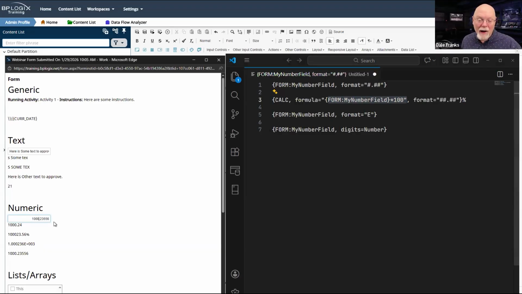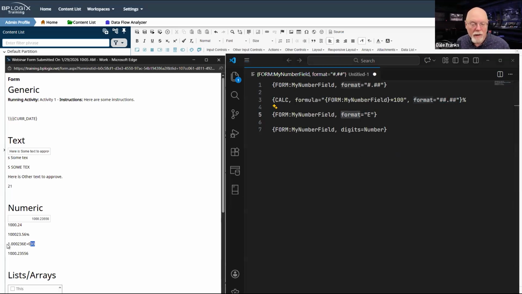But since we're there and I've got all of these extra numbers in there, that extra 1,000, let's take a look at the next system variable, because this one, I'm doing a little different formatter. Now, all of these formatters that I'm using, whether it is the straight up literal numeric format for each digit, and I can put that in as the formatter, or I can use any of the C# formatters that exist for numbers. So in this case, there is a formatter in C# called E, which returns exponential notation.